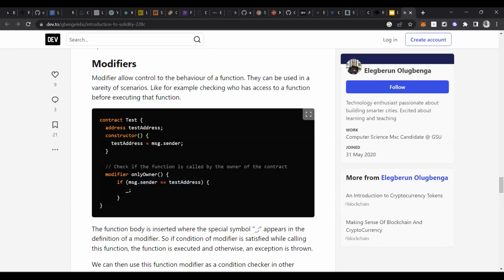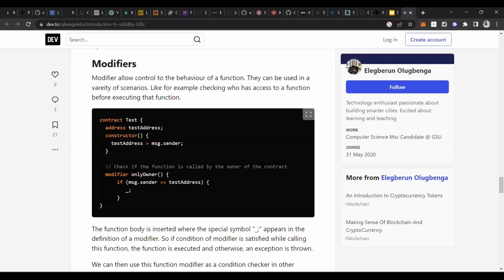So if message.sender, meaning the account that deployed the smart contract, is equal to the test address. When the test address is initialized and the constructor runs at the time of deploying, the message.sender value is recorded in the test address.